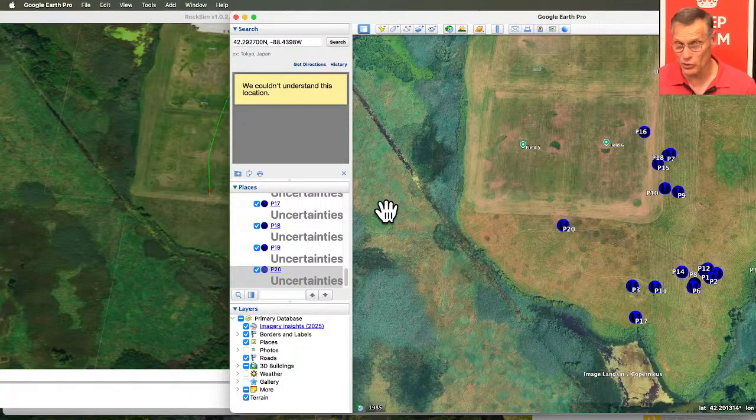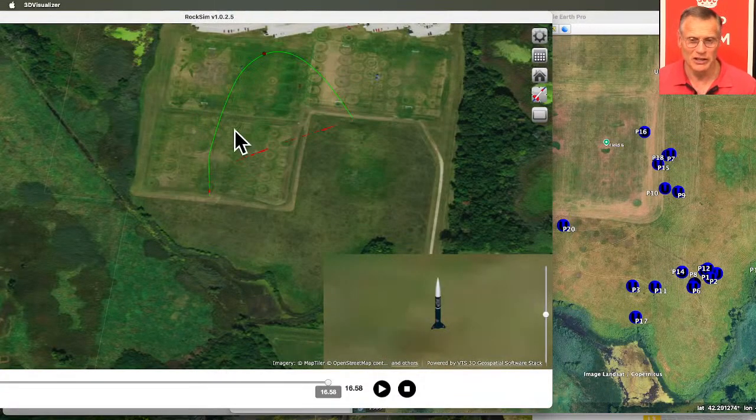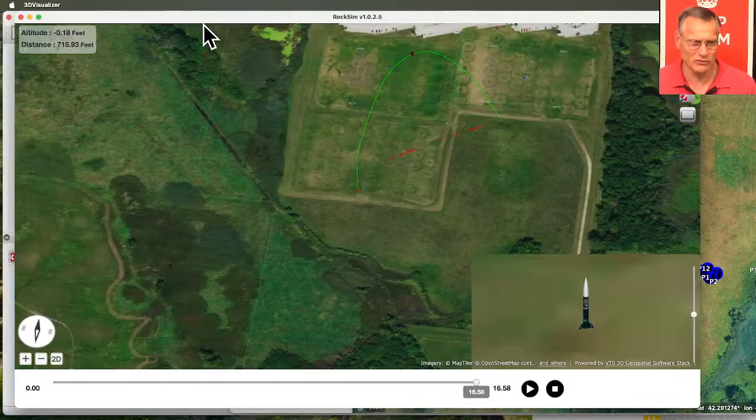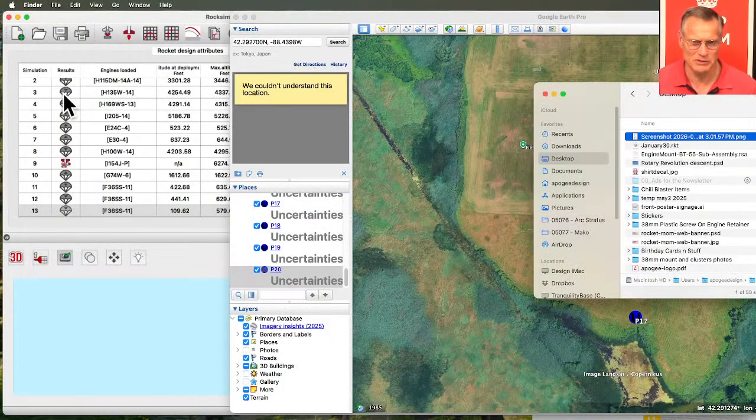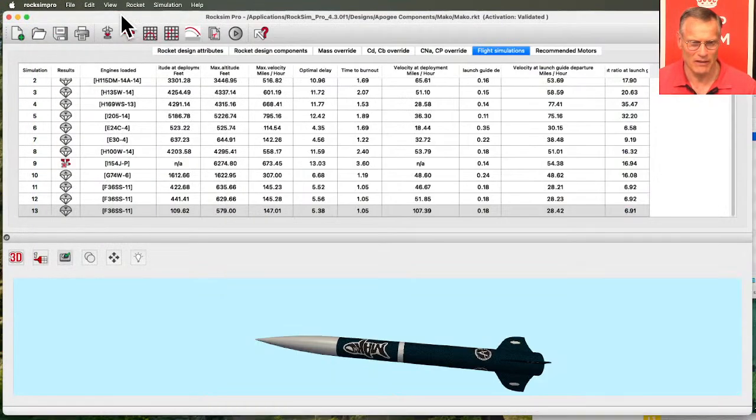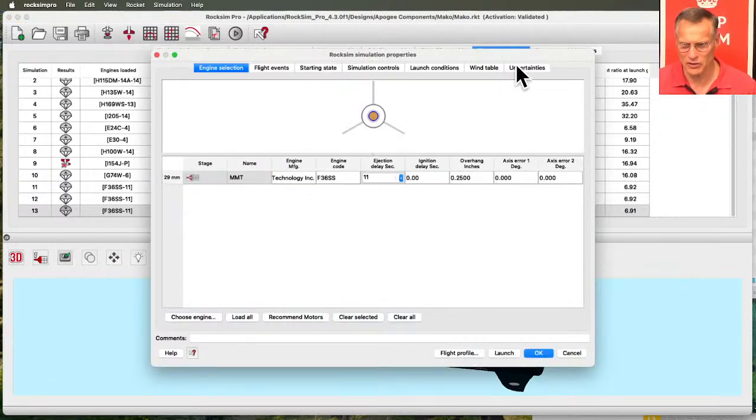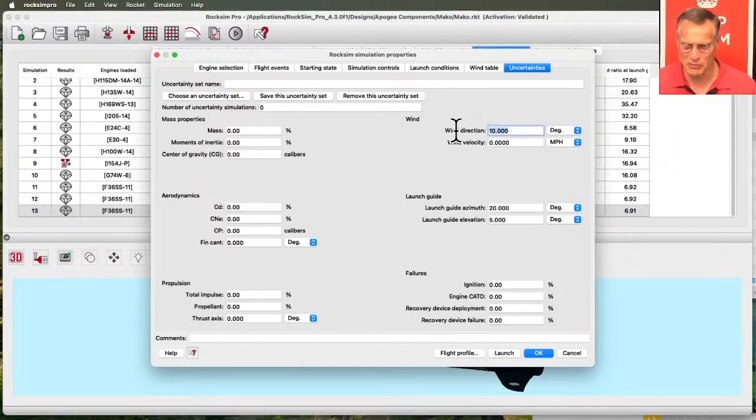Now, if you didn't want your wind to vary at all, then you have to go back here into RockSim Pro and go back under uncertainties. This time my wind is not going to change and my velocity is not going to change. The only thing that I'm changing is my azimuth and my elevation. And this time when we run the simulations and click launch,